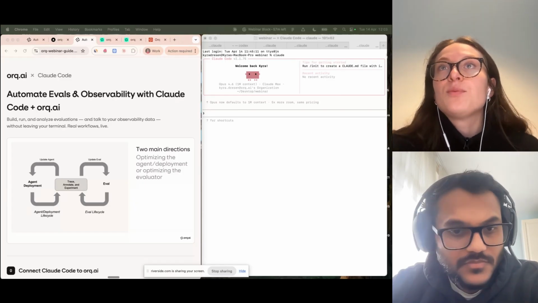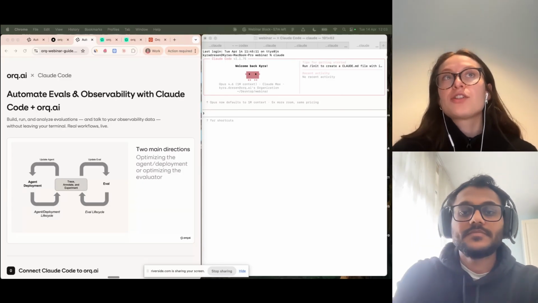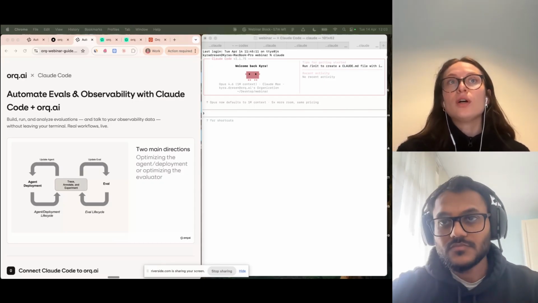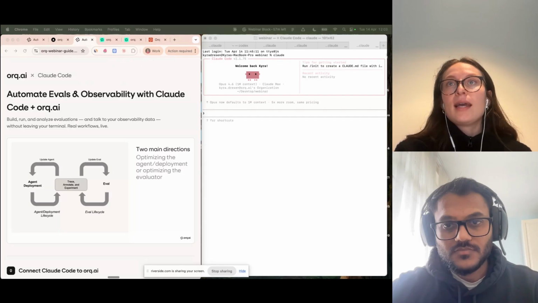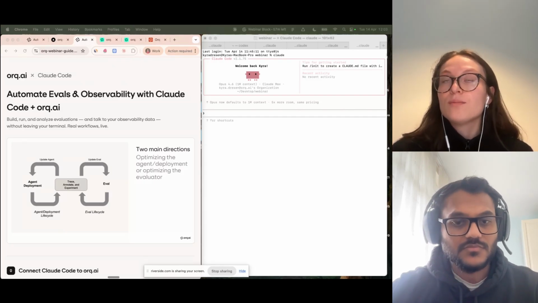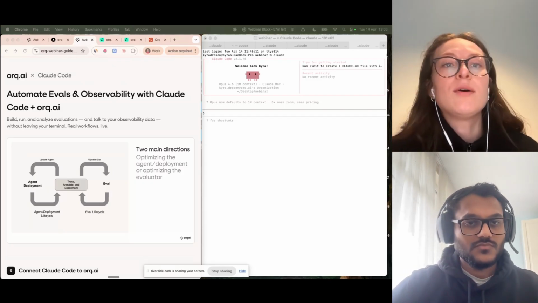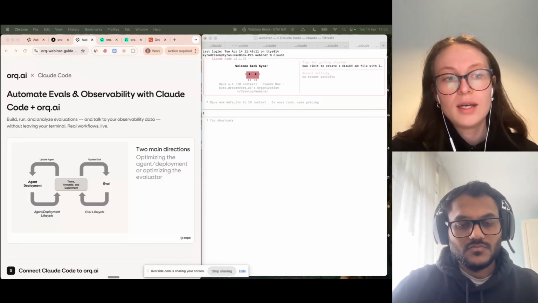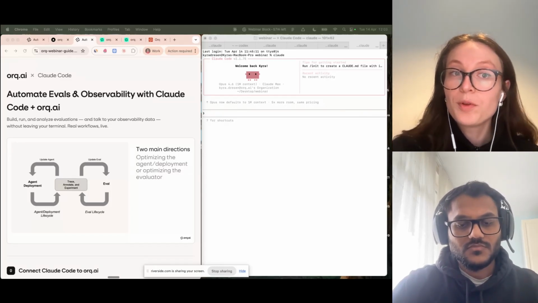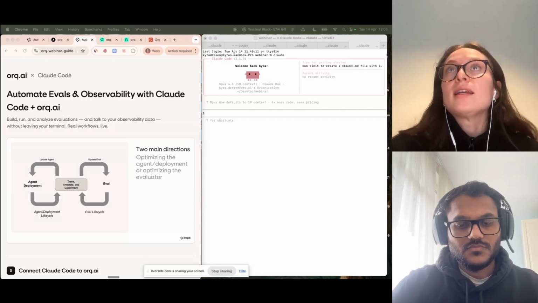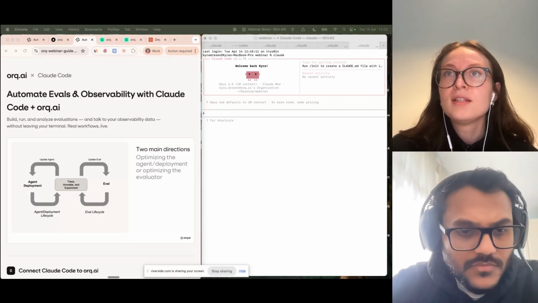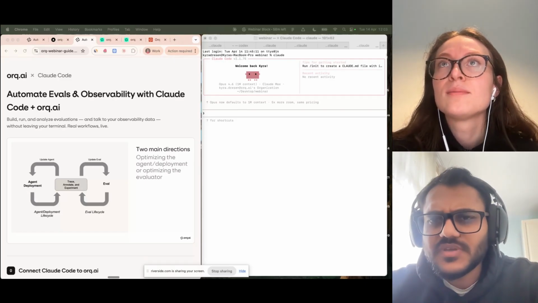But the idea is that we will go step by step, and after the HTML opens, which I shared in the chat, next to your terminal you can follow every single step to get to high quality evaluators, and see how it is to work with orq in combination with Claude Code or any other coding assistant, and see how you will optimize your evals, because that is what this session is about. I think, Kuldeep, can I kick it off? Yeah, I think we can kick it off.